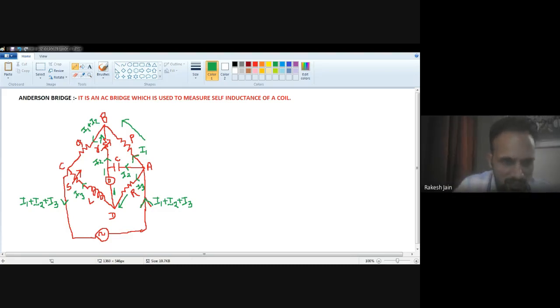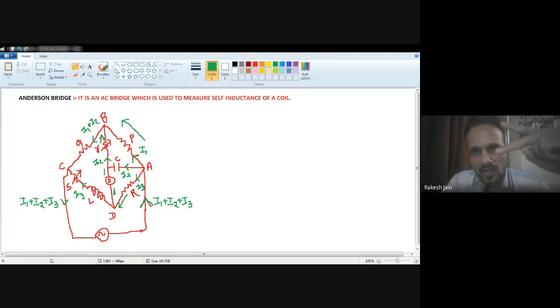First of all, in mesh A, B, C, D, A, the I1 current enters via resistance P. So I1 P plus (I1 plus I2) Q, because I am going in the anti-clockwise direction from A to B, and B to C. But when I go from C to D, the direction of the current is clockwise. That's why, my path and the given current path being opposite to each other, I have to write it with a negative sign. So negative I3.